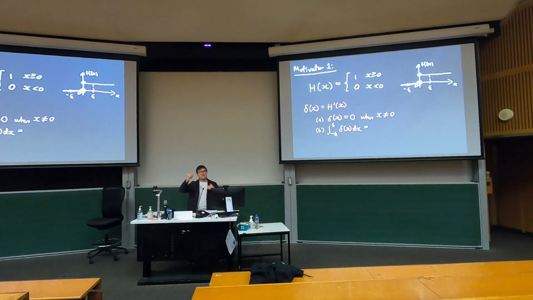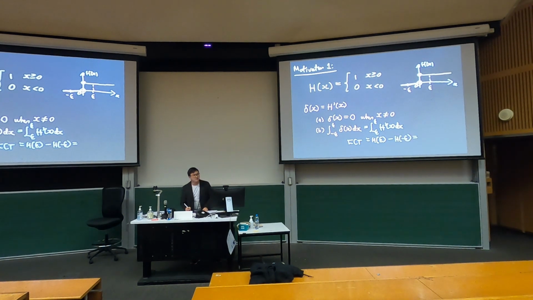The Heaviside function has a discontinuity, the fundamental theorem doesn't work. But if we proceed anyway, what are we expected to get? Well, if I integrate formally, I'm really integrating the derivative of the Heaviside function. By the fundamental theorem of calculus, FTC, we get the Heaviside function of epsilon minus the Heaviside function of negative epsilon, which is what? At positive epsilon, it's 1, and at negative epsilon, it's 0. Okay, so it turns out it should be equal to 1, and then we end up with a situation where